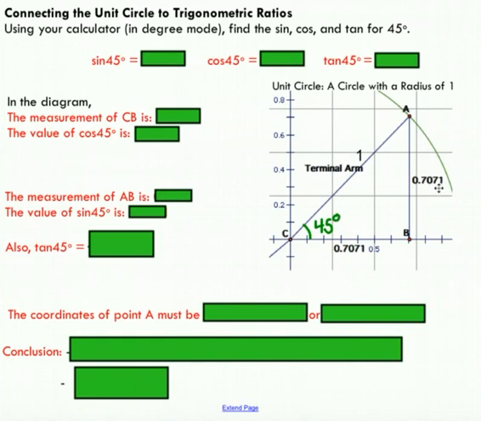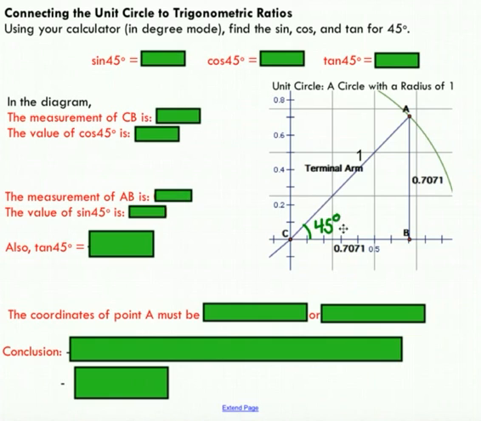So looking at this green arc, you can kind of see it here. Just picture this thing going all the way around in a complete circle. A unit circle is a circle with a radius of 1. So for that imaginary circle going all the way around, you can see this blue arm from C to A. This is called your terminal arm. You can picture that rotating all the way around the circle, always having a radius of 1.